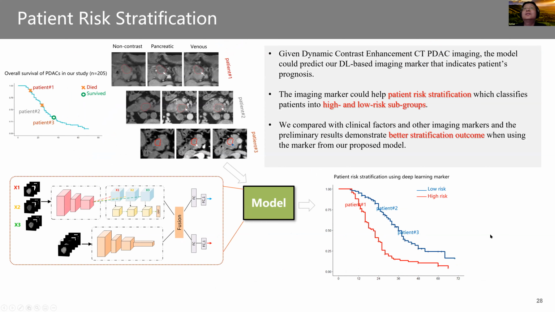So basically, we can divide the patients into higher risk and lower risk groups, even given that the default protocol is TNM. That's the typical TNM protocol for staging patients, but our algorithm will make it more personalized. So even when the TNM staging is the same, the patients actually have different risk.